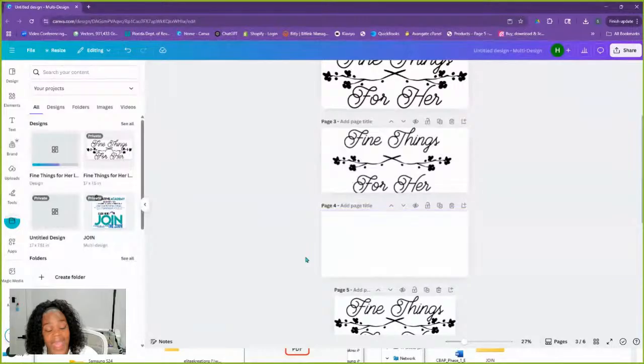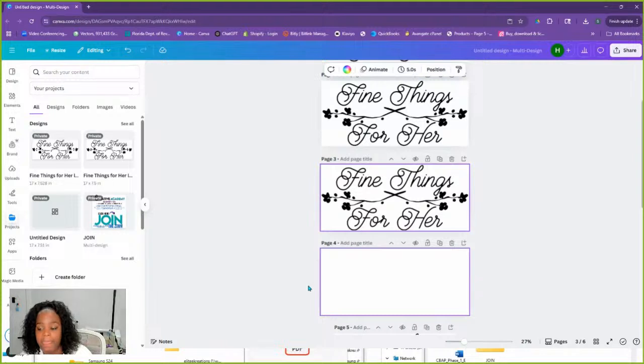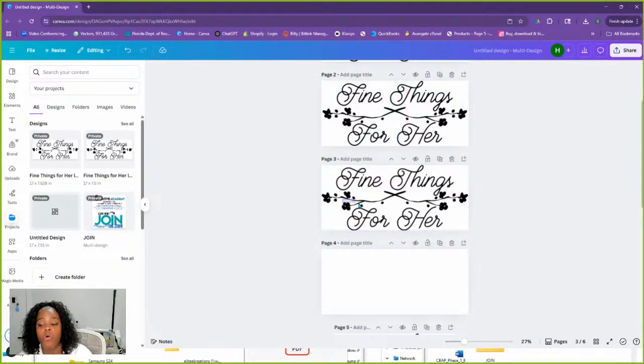Nothing's going to technically happen. It's uploading it under projects, and it's going to show here. When you click to add it to, and I'm glad that did that, if you don't have a new page and you're on that page, it's going to delete whatever you have. So if you did a whole design and you wanted to add this to it, if you're on a page that has a design, it is going to overwrite that and make it to where it takes